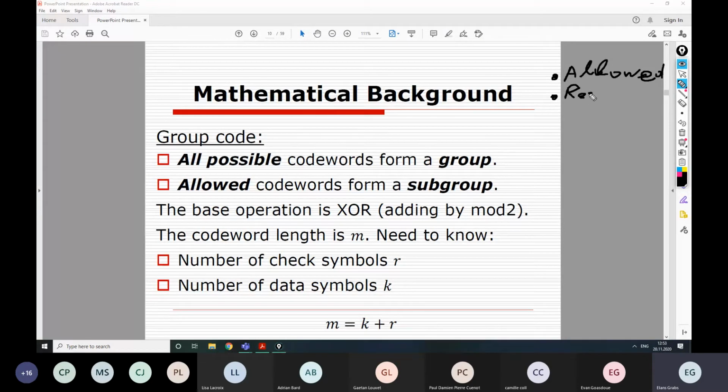The idea is quite simple and straightforward, right? And we also calculated that these allowed code words are only a fraction of all possible code words. So basically, we have M0 allowed code words, which is 2 to the power k, and all the possible code words would be M, which is 2 to the power m, small, and m is the length of the code word,